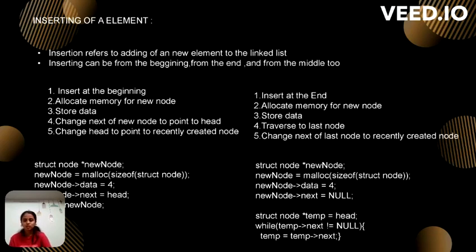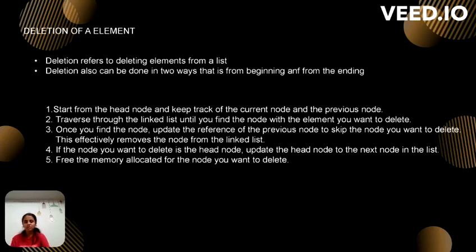Next, we'll move on to the deletion of an element from the linked list. Deletion refers to deleting elements from the linked list. Deletion also can be done in two ways, that is, from the beginning and from the end. Firstly, we have to start from the head node and keep track of the current node and the previous node. Traverse through the